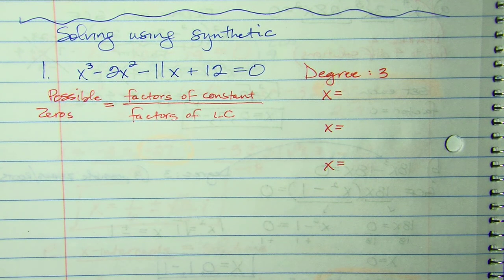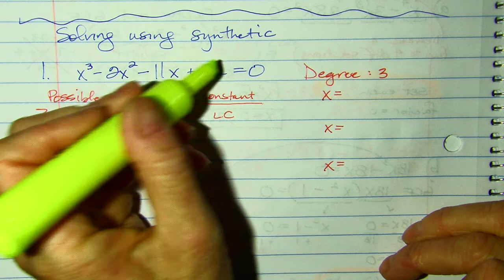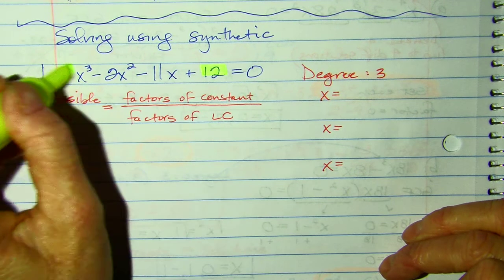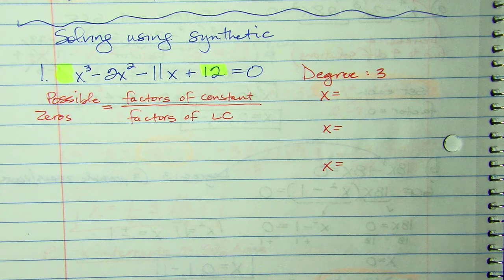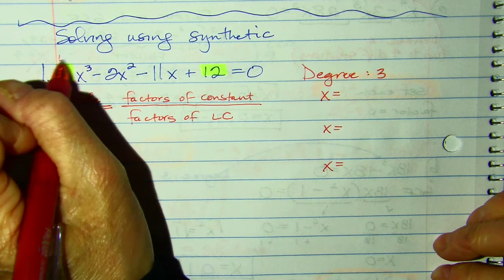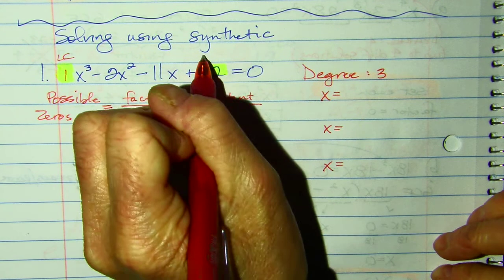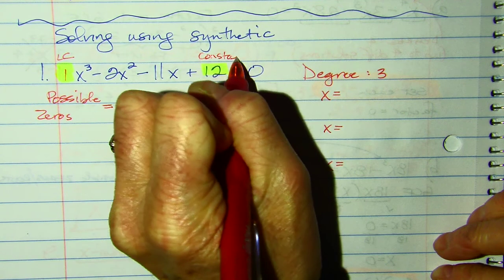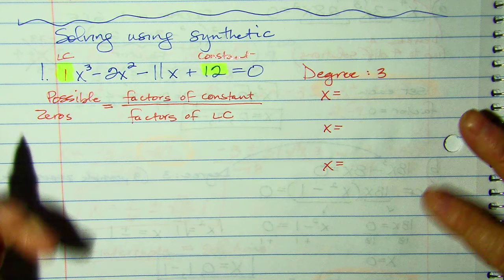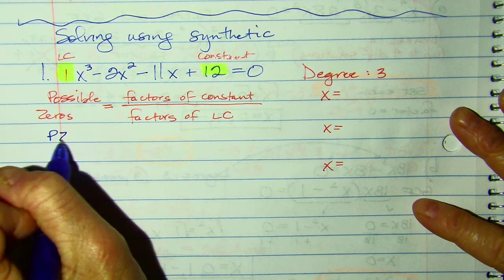If I want to go searching for the possible solutions to this polynomial, I'm looking at 2 numbers, the last, which is your constant, and the first, which is your LC. Here is my LC, it's an invisible 1, and this here is my constant. So my possible zeros, I like to put PZ,